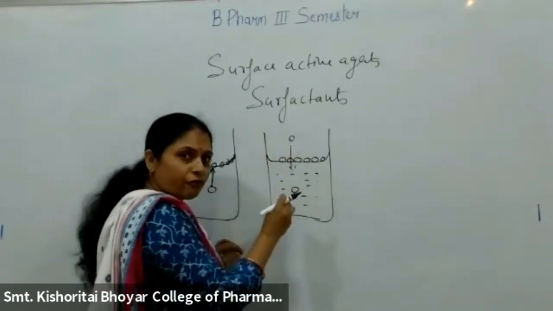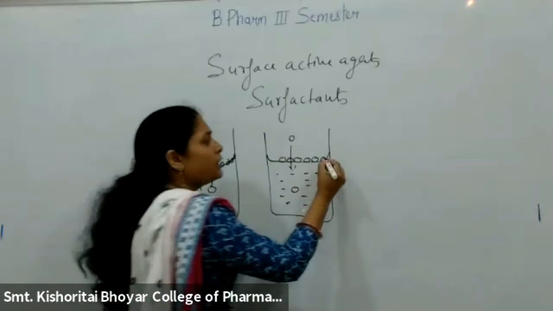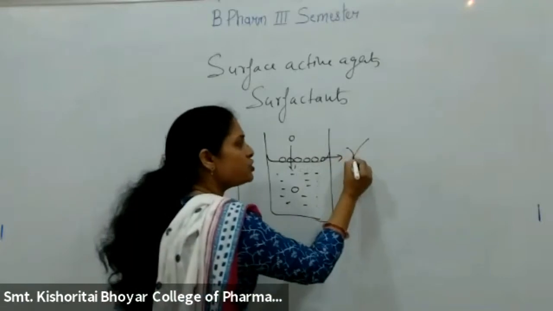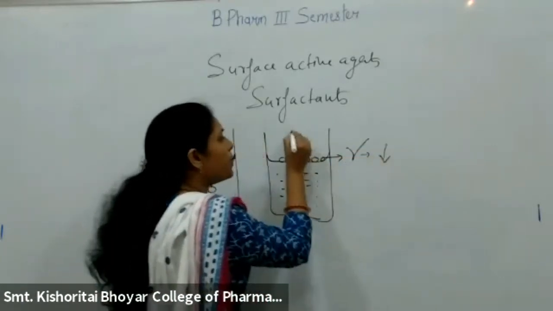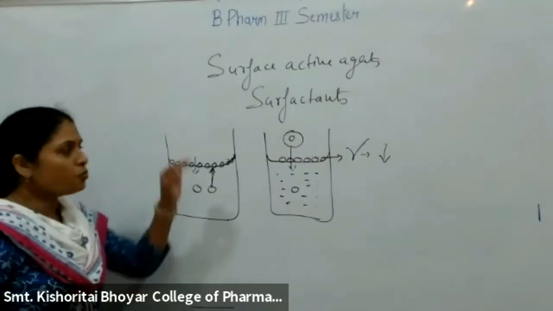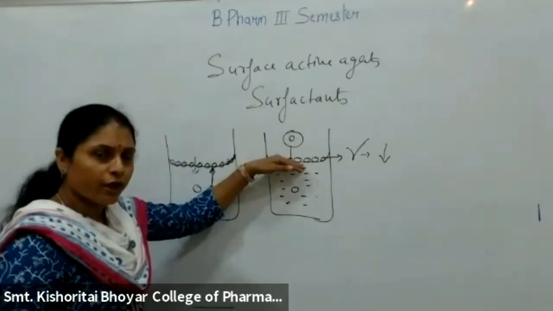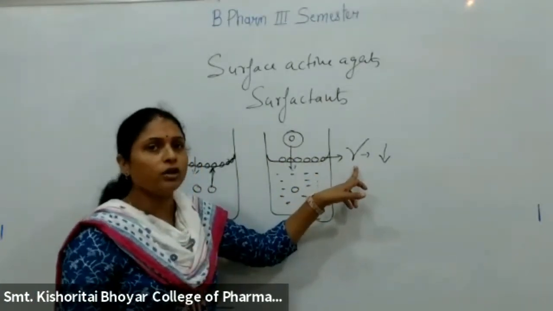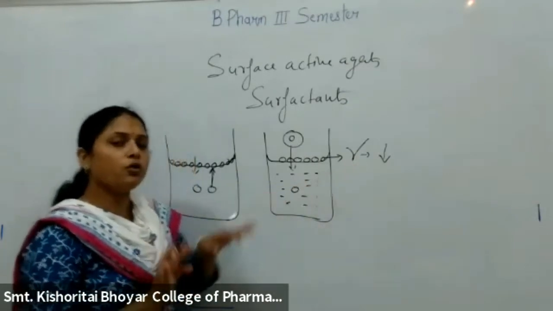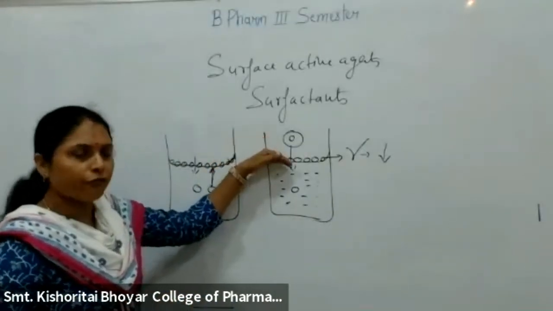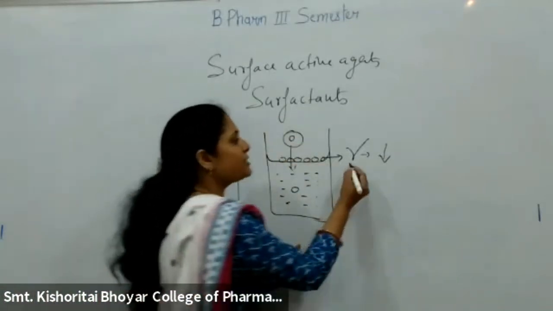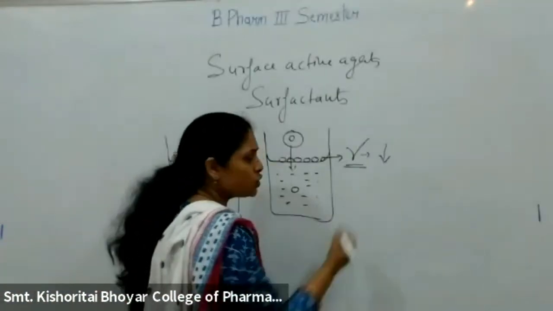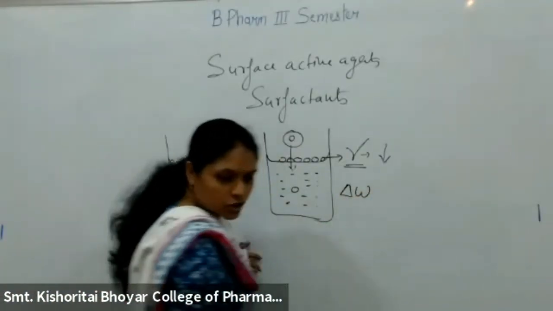So as it covers the surface and remains on the surface, which initially has some surface tension, that surface tension will be decreased by the adsorption of these molecules. So molecules, when they are adsorbing onto the surface, are able to decrease the surface tension. Certain molecules, not all molecules, which prefer to remain on the surface, when they adsorb onto the surface, they decrease the surface area, at the same time they decrease the surface tension. And you know, we have one equation also, that is surface free energy.